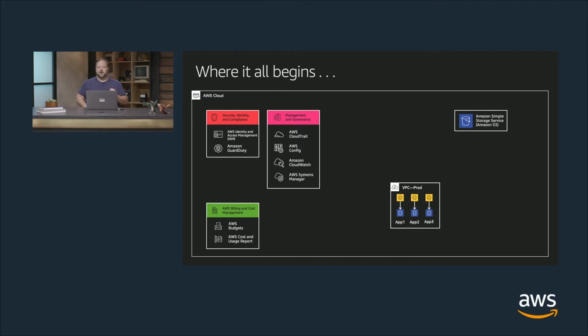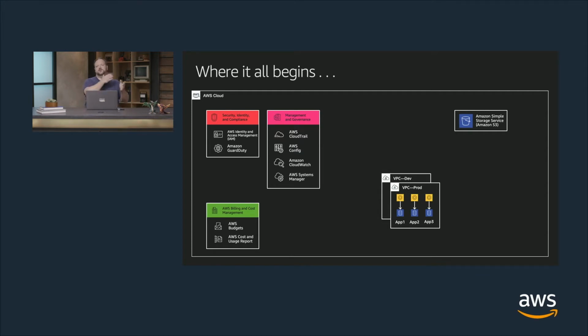CloudWatch in order to maintain visibility of what's going on with your applications, as well as AWS Systems Manager to help understand inventory, understand compliance standards on your operating system, enforce compliance standards, and generally manage your fleet of EC2 instances. Once we've set up those pieces, maybe our devs come to us and say, hey, we need new